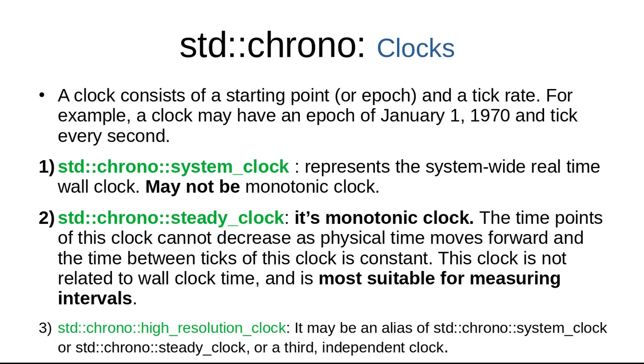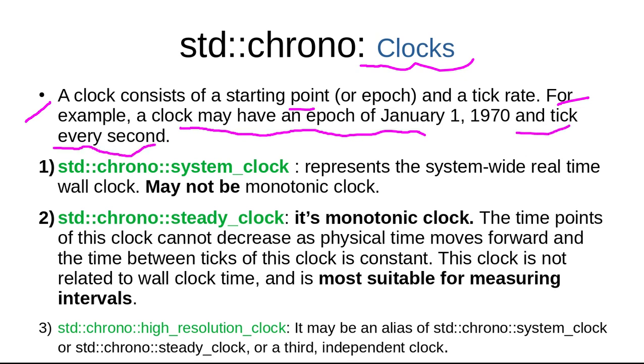The third thing implemented using this library is clocks. A clock consists of a starting point and a tick rate. For example, a clock may have an epoch, which is the starting time point, and a tick every second. Both of them compose what's called a clock. There are mainly two types of clock